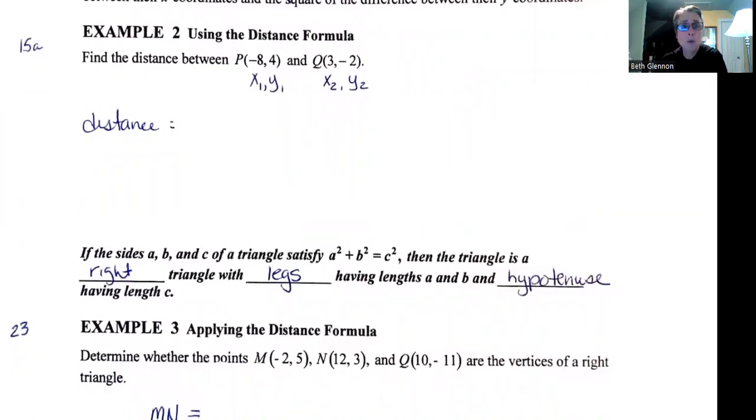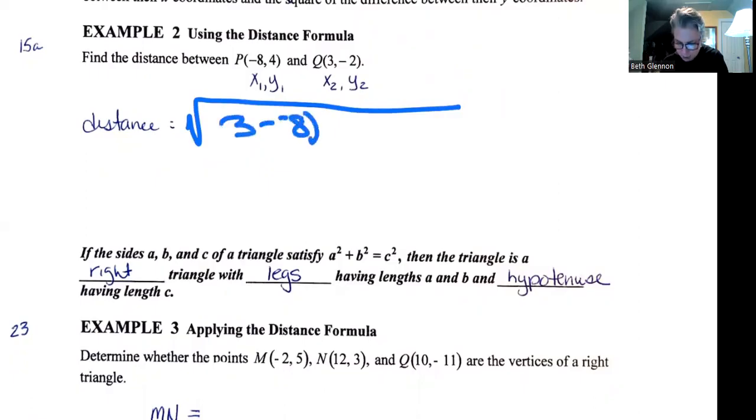So I have 2 ordered pairs, P and Q, and they would like you to find the distance between P and Q. So let's start off with the square root. I have labeled my x1, y1, my x2, y2. We're going to go ahead and just put that right into the formula. So I'll start with my difference of my x's. So that would be 3 minus -8, and I'll square it, plus the difference of the y's, so -2 minus